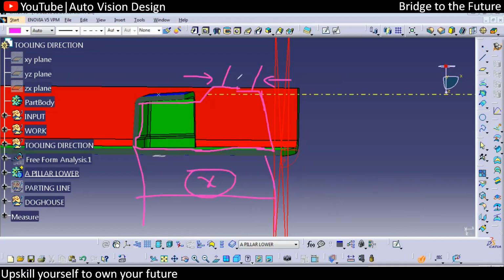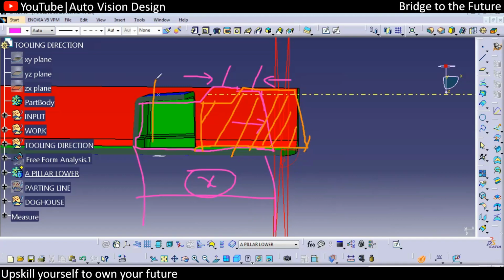Now this particular rod is going to move outside. In that case, what will happen, this rod will get shifted something like this, and the part will get removed upside, sorry, on this side.